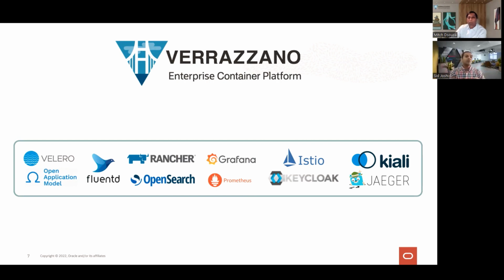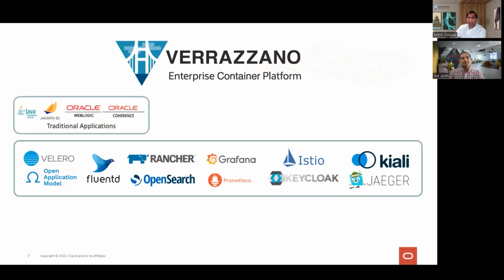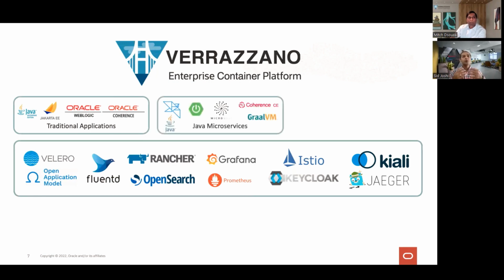That's what we are offering with Verrazzano, a nice opinionated stack, which is a completely vanilla implementation of all of these projects from CNCF, pulled together to create Verrazzano. So with this stack, what we are now enabling customers to do is to take their existing traditional application, containerize that application, and deploy it through Verrazzano, sitting side by side with the modern microservices that they